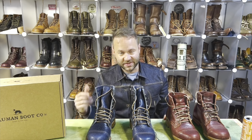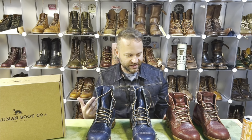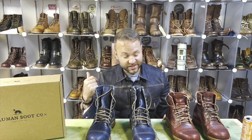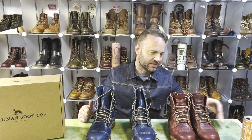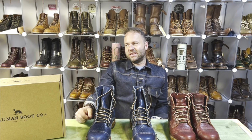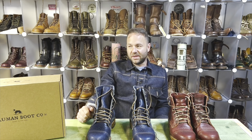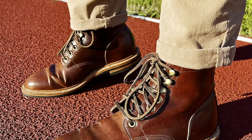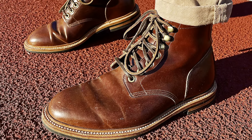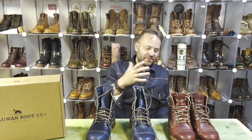One of the biggest questions I get all the time is, oh, what should I use on this boot? Oh, it looks like I need to put something on there. No, just let it ride. Let it ride for years, honestly. Not all leathers need constant care. The only exception to that I will concede is shell cordovan. My garnet boots in shell cordovan, I just wore those recently, and I could tell they need some Venetian. They're starting to look a little lackluster. I think shell cordovan looks much more opulent when you keep it conditioned with Venetian,